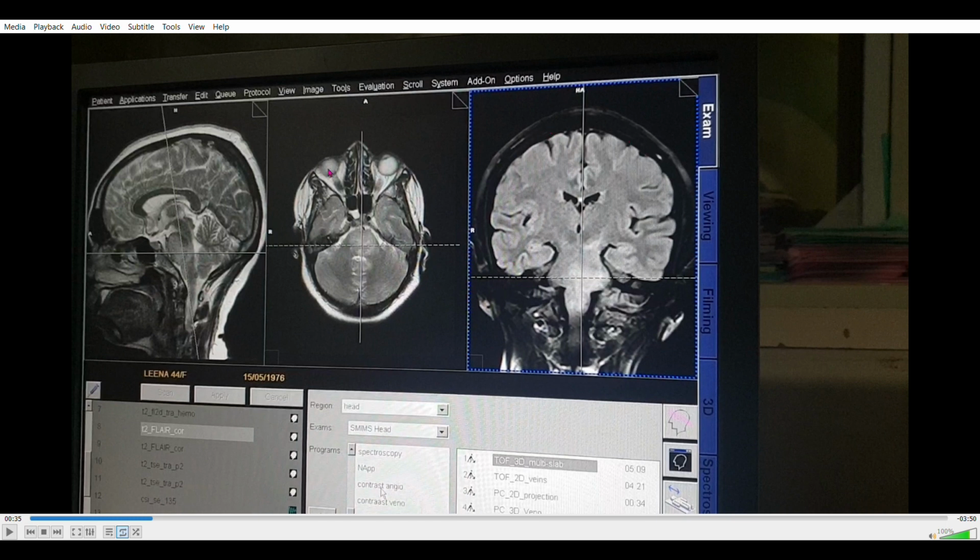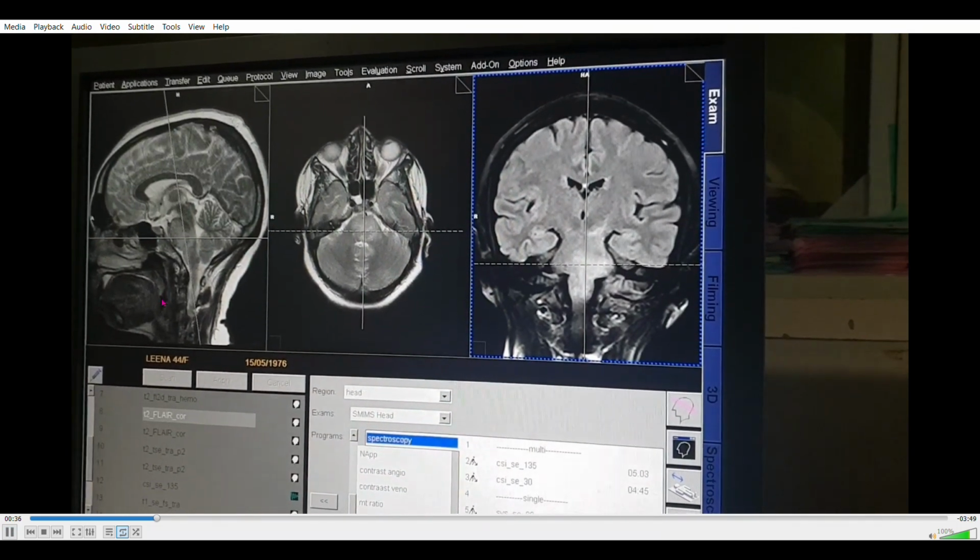This is a coronal FLAIR image of the brain, this is an axial T2 image, and this is a sagittal image in T2 acquisition. Please go through the previous videos to understand how we identify the image sequences and what the basic sequences are which you have to take prior to spectroscopy. I'll play the video now.